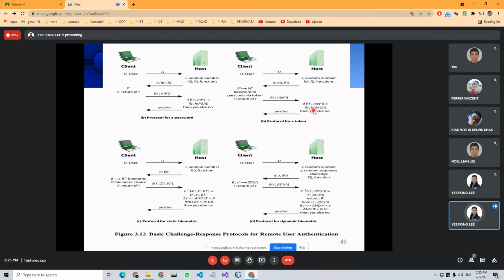Okay, the password is shared only between the users, and the token does not involve the remote host, meaning only on the client side. So for the static password, the host might store the hash value. The host might generate the one-time passcode and then take the hash value, authentication, and then we'll proceed as the same pattern again. So next one, we look at